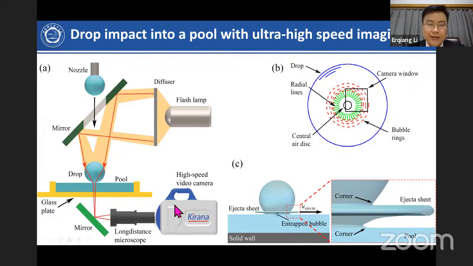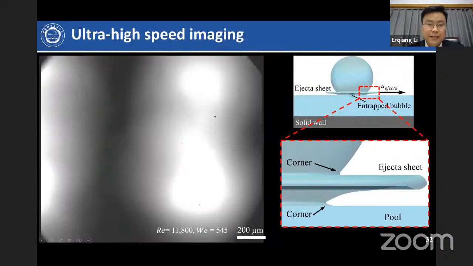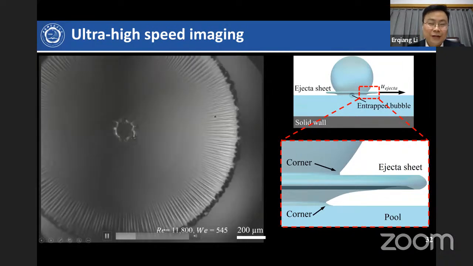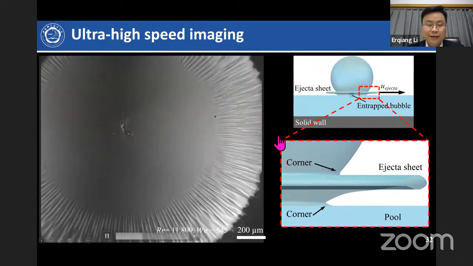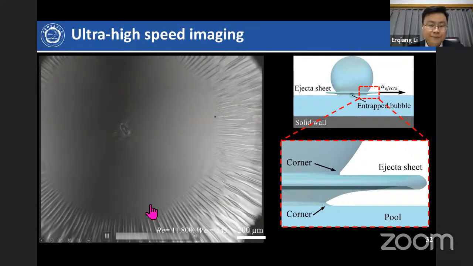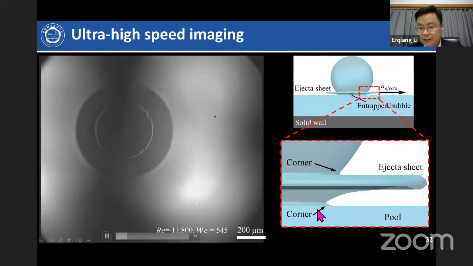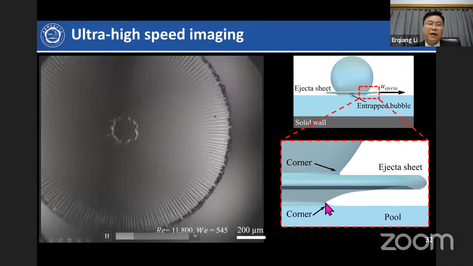We use an ultra high-speed camera to study this problem, and we look upwards. Here is the drop impact on this pool. We look from below. We just look at this tiny region, and we use a very high magnification. Here I will show a video taken at 5 million frames per second. My colleague Mahijan Tova is probably the first person to observe this radial line during drop impact on a liquid surface. What radial lines I'm talking about are these kinds of lines in this region.